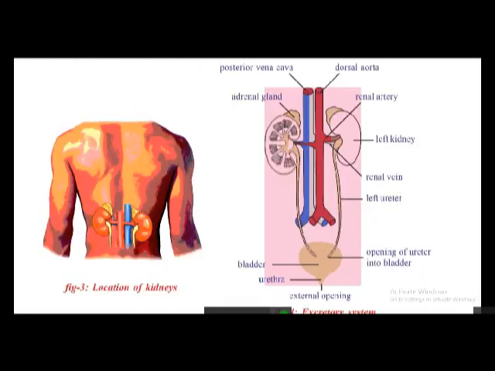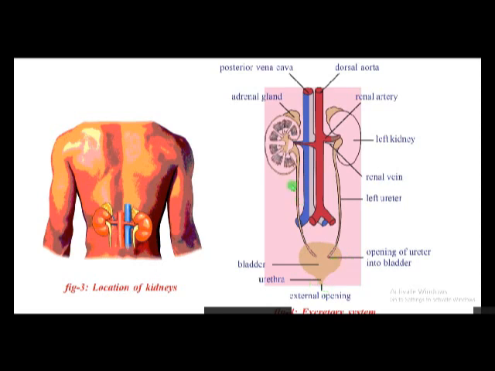And here we are observing kidneys. We have two kidneys. They are bean shaped, and the right kidney is somewhat located at the bottom side compared to the left one. Two long pipe like structures arise from the kidneys. These are called ureters, and these ureters open into a bag like structure. It is called the bladder, and the bladder opens outside through the urethra.